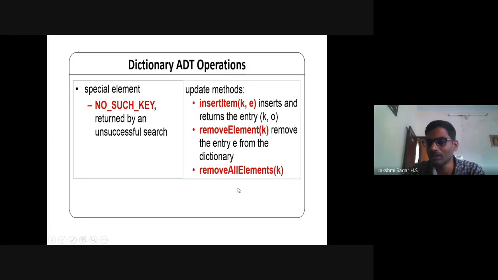We already know that multiple items with the same key are possible. If you want to remove all the elements associated with that particular key, you can use this keyword.